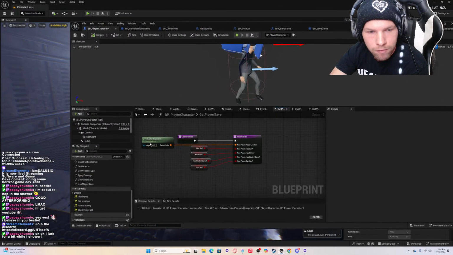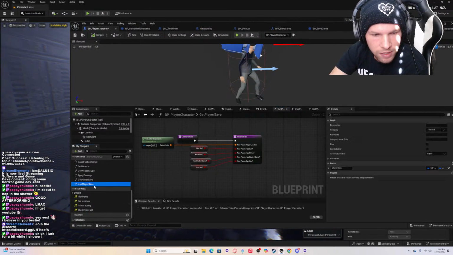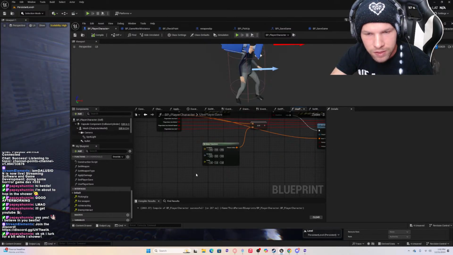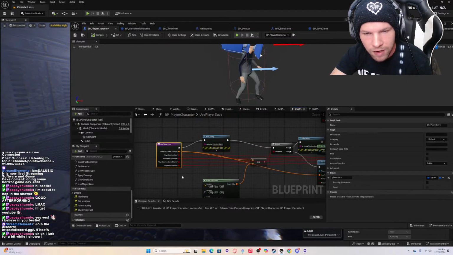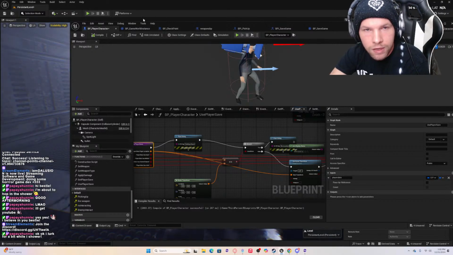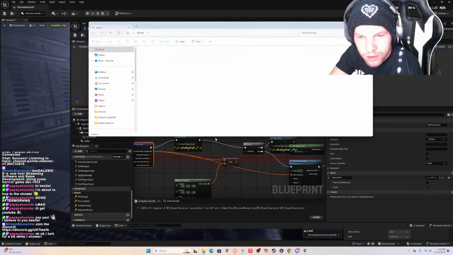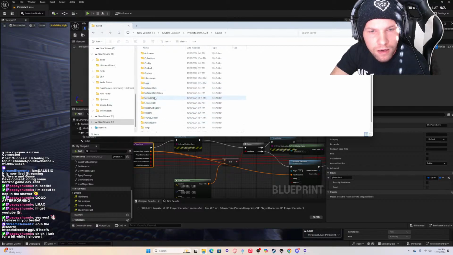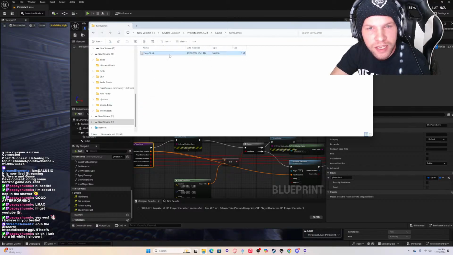When the game starts, it runs this use player save, so it gets these variables that were saved previously, which is all stored in this file here. Save game, so save slot 0.